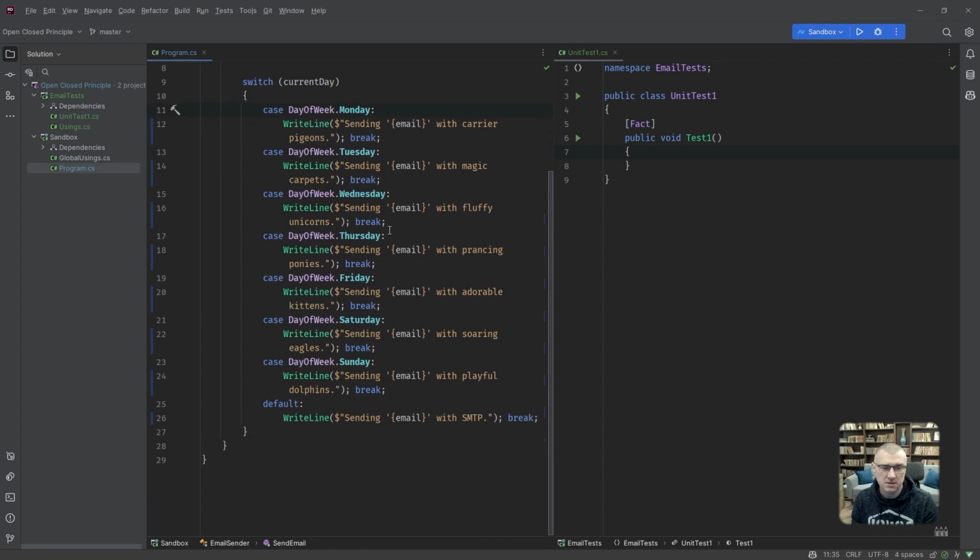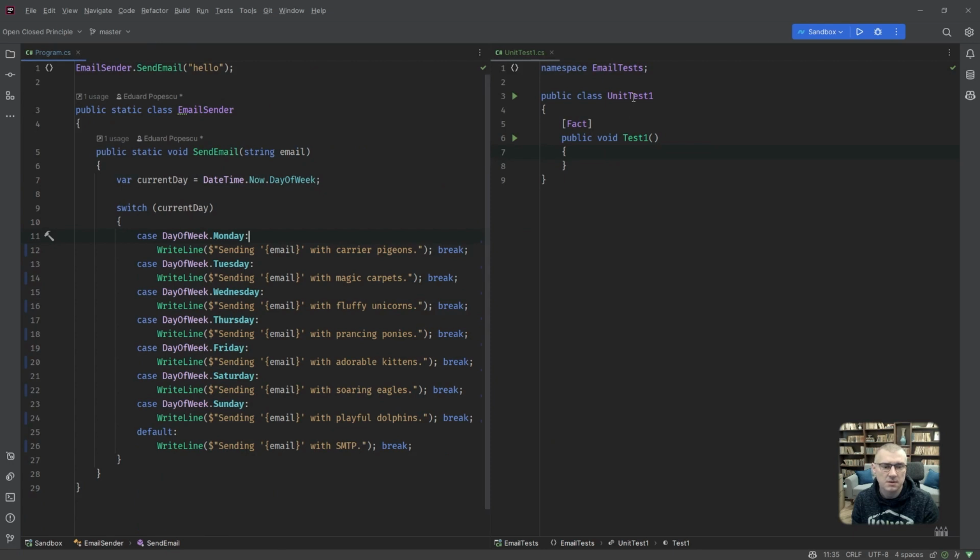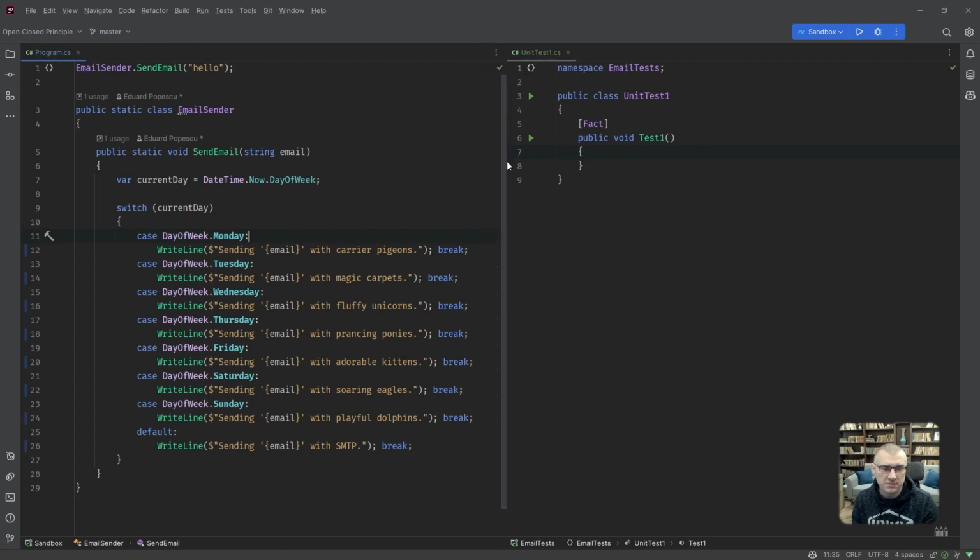We'll make this word wrap. Okay, let's make some room for ourselves. And what can we do? How can we test this thing? Well, first and foremost, let's rename a few things.